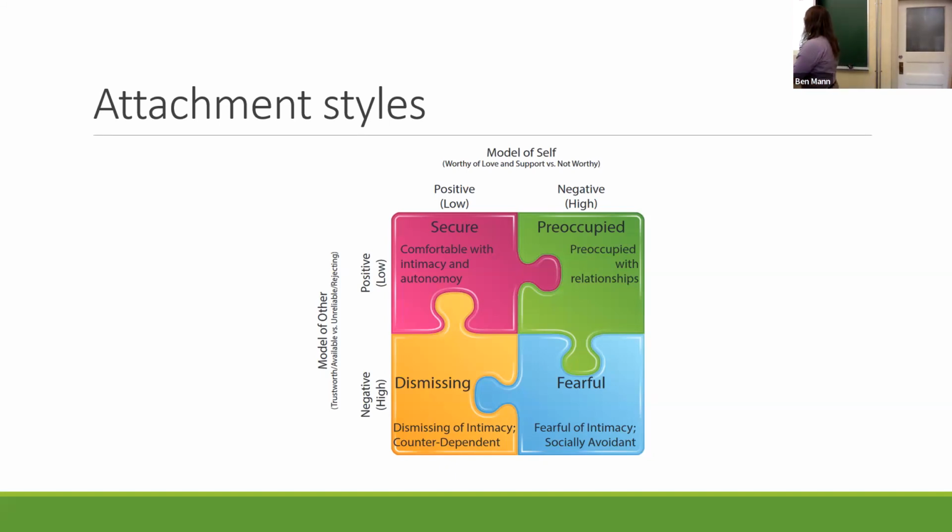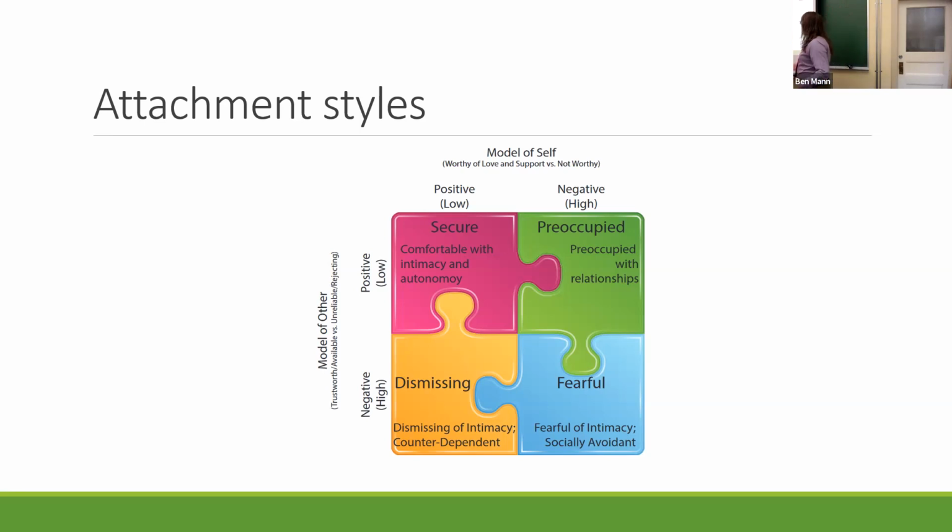In a dismissing style, that would mean that you value yourself, but you don't necessarily value forming relationships with other people. So if you're the type of person who, like a roommate or friend is inviting you to a party, you say, I don't really want to go, right? You're not interested in meeting new people or forming new connections, right? You would consider yourself more in the dismissing style, right? He, she, they is not that into you, right? Is the language used to describe dismissing as an attachment style.